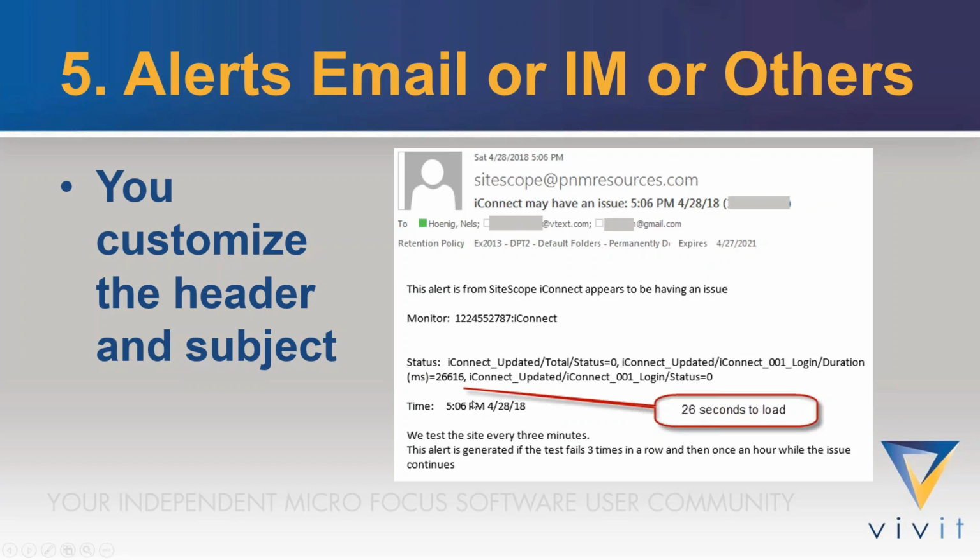In our situation, we were concerned if the page took longer than 10 seconds to load. In this case, it took 26.5 seconds to load. That was an error. Then we also have this text down below, this is text you can put in, and this is how we've configured our site. We test these sites every 3 minutes. We generate these alert emails if a test fails 3 times in a row, and then once an hour, so we don't bombard the support team with emails 25 times an hour. This is all configurable